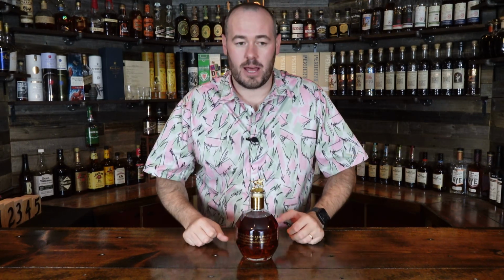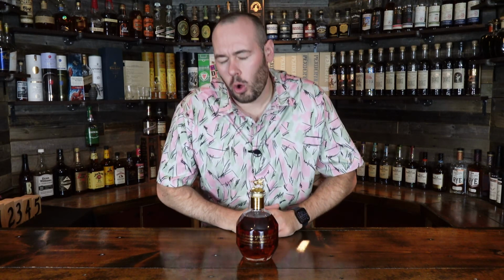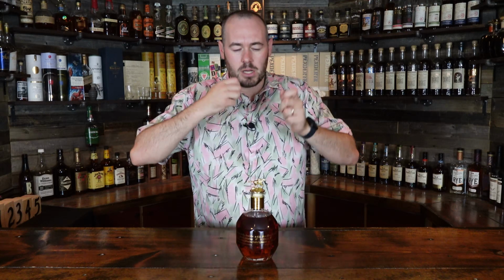Mouthfeel straight off the bat. Excellent. It is so rich. Does a great job covering all the mouth there. It is hitting almost every sense of your palate, and then that keeps going, keeps rolling, which is always a good hallmark of a very good whiskey, because when it keeps rolling, it keeps giving you flavor, keeps giving you different notes, keeps leading you on to